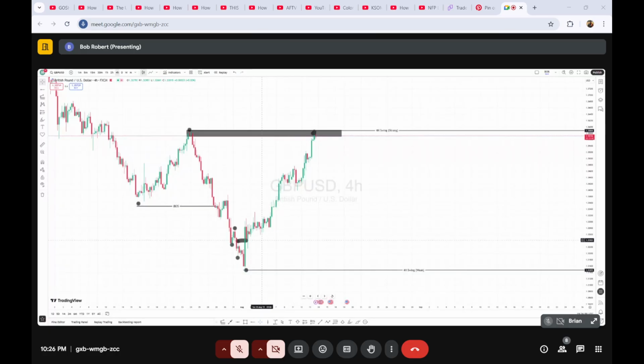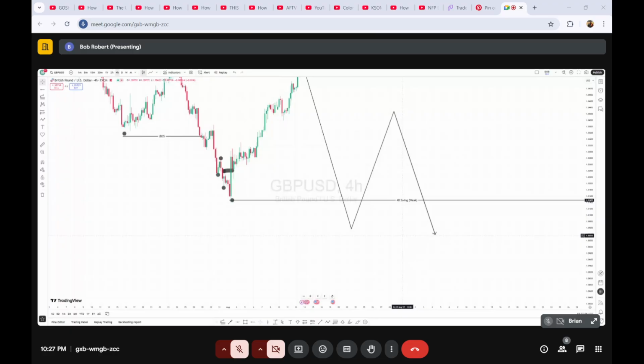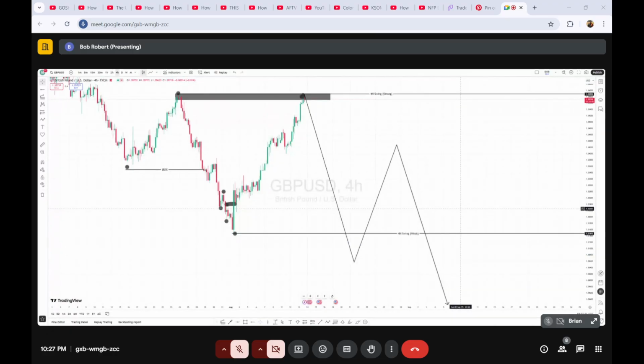Also tells you that this was a correction. We anticipate the market to do something like what? To sell, correct, and continue selling like that. Okay, so we expect the market to keep doing something like this. And if you guys can remember, there is a setup that I give for this